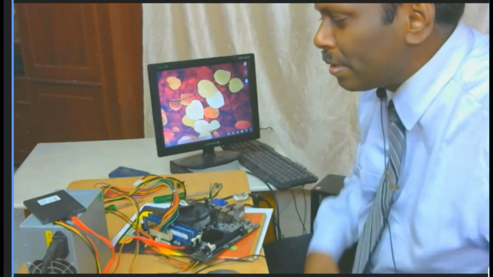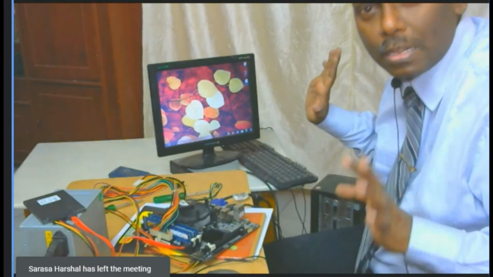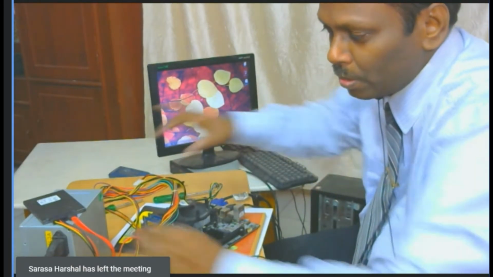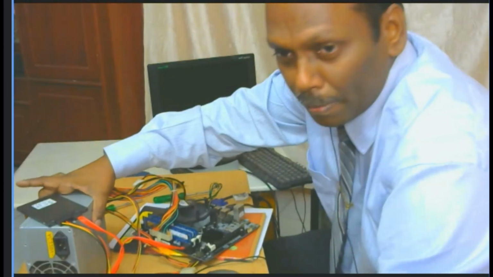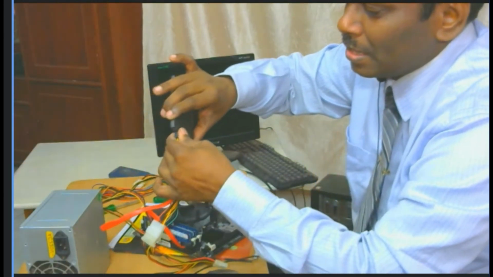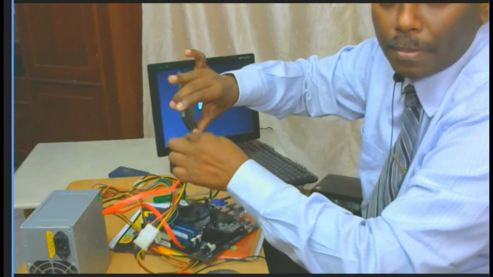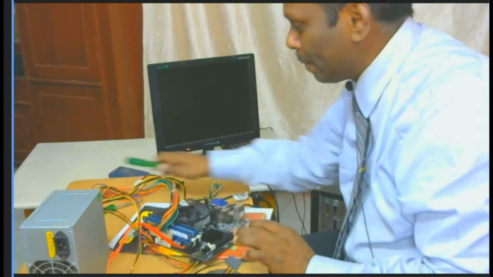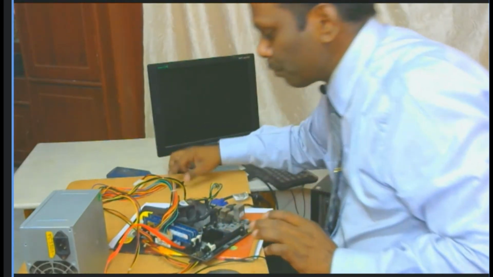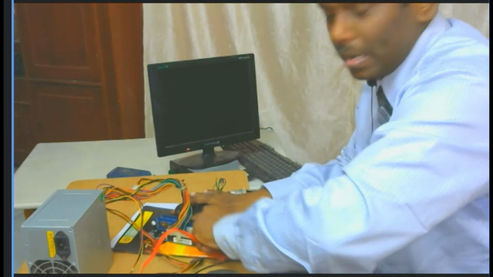So now I'm going to dismantle and keep it in the box. That also you can see how I'm going to do. I remove the power first. I'm removing each and every component. This one also I'm removing. This one also I'm removing. I have removed the hard disk. Kept it aside. Don't keep it very nearby, otherwise we may cause more damage.